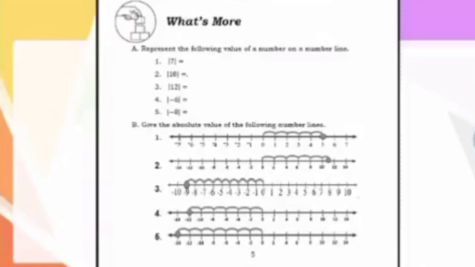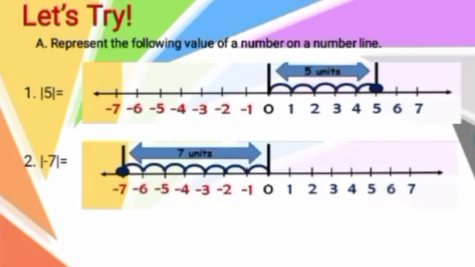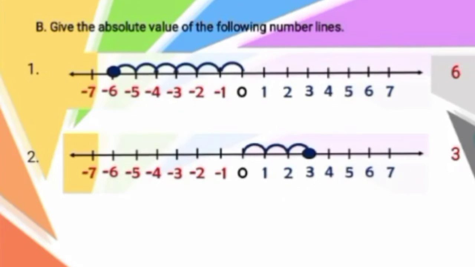In our module, What's More, page 5, for letter A, represent the following absolute value of a number on a number line. For letter B, give the absolute value of the following number lines. For example, for letter A, and for letter B,